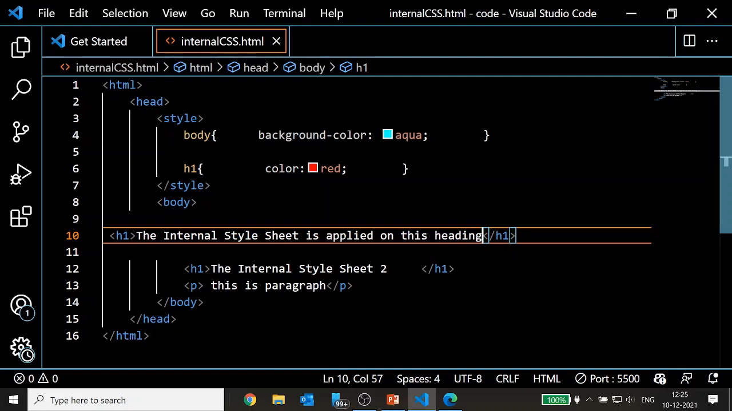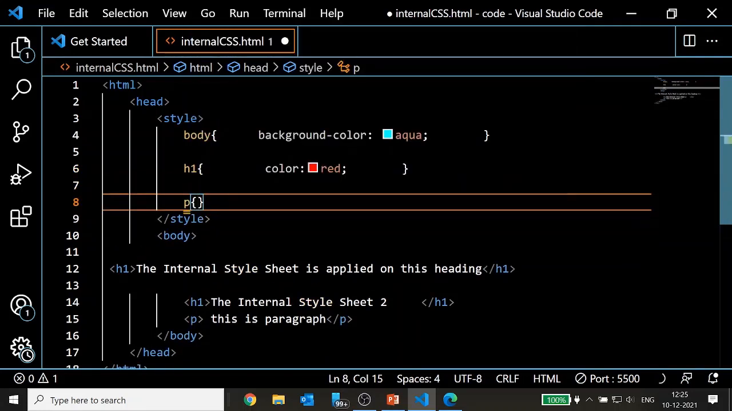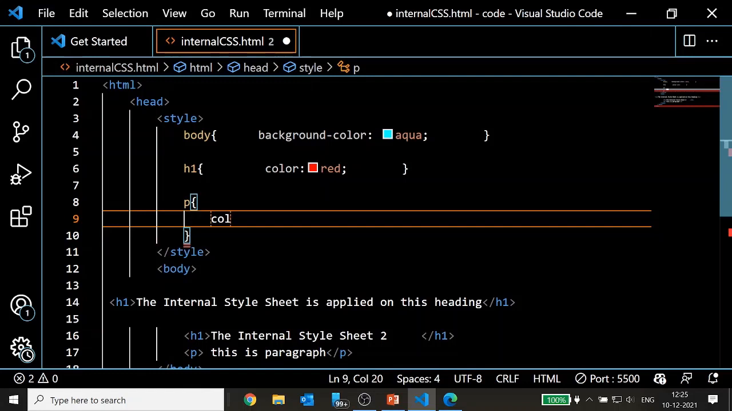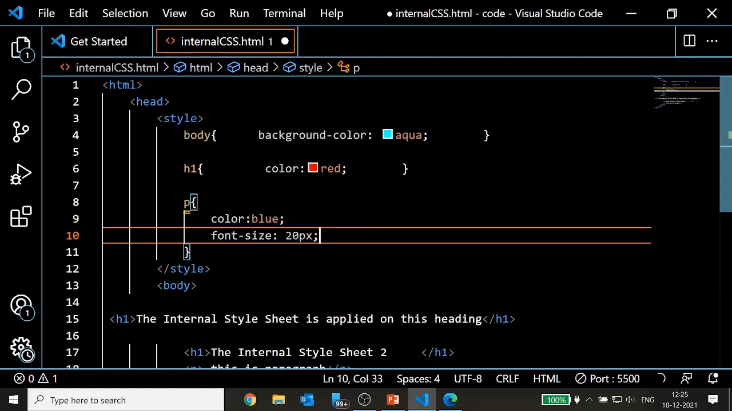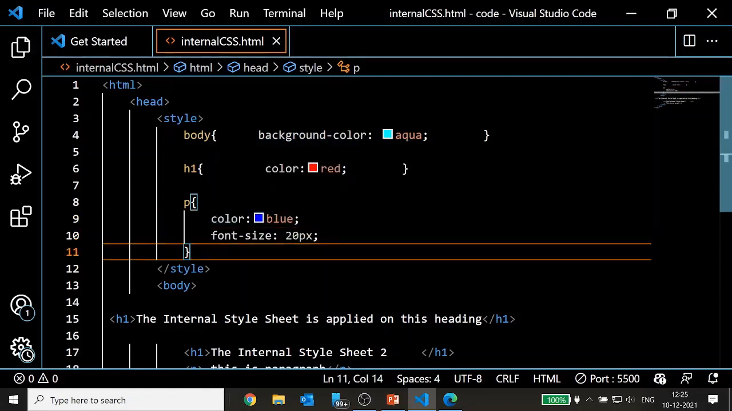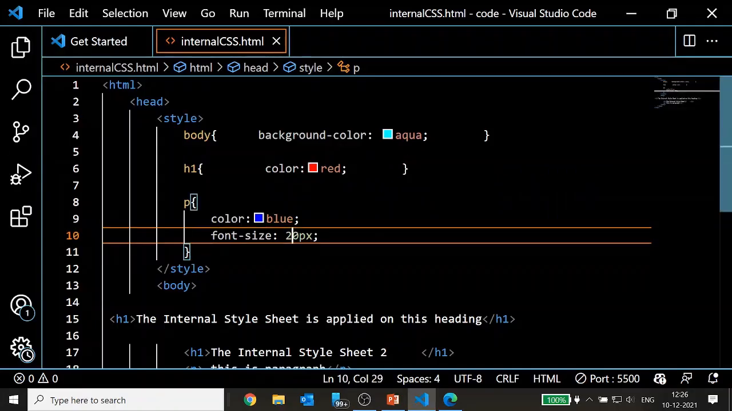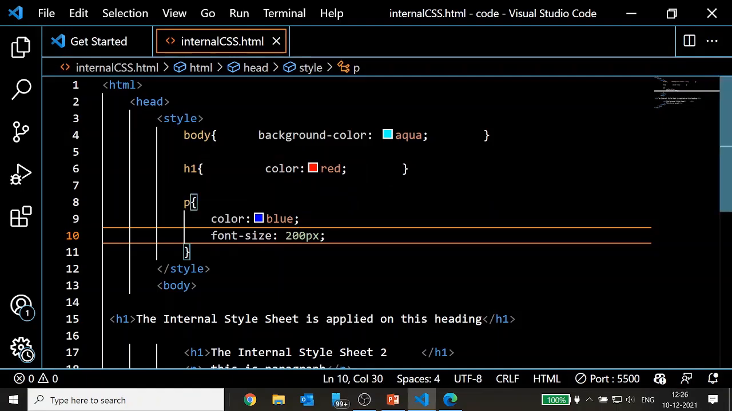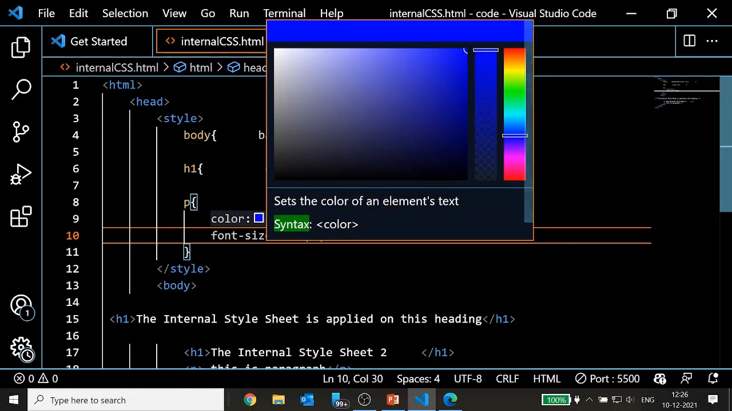Got it. Similarly, for paragraph, now let me make some paragraph also. Suppose the paragraph color is blue, and font size 20 pixels. Move back, just check. This is paragraph. Change the color also, or you can change the font size also. Suppose 200 pixels, just check. This is paragraph. Suppose 100. Change the color also. Suppose you want green here,